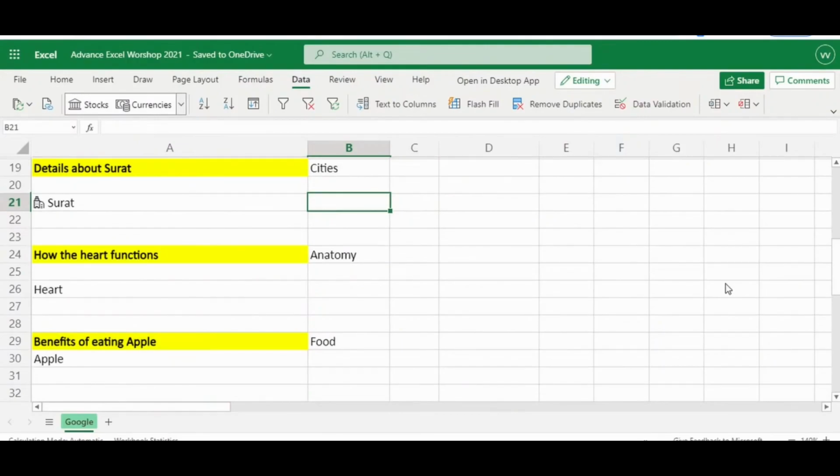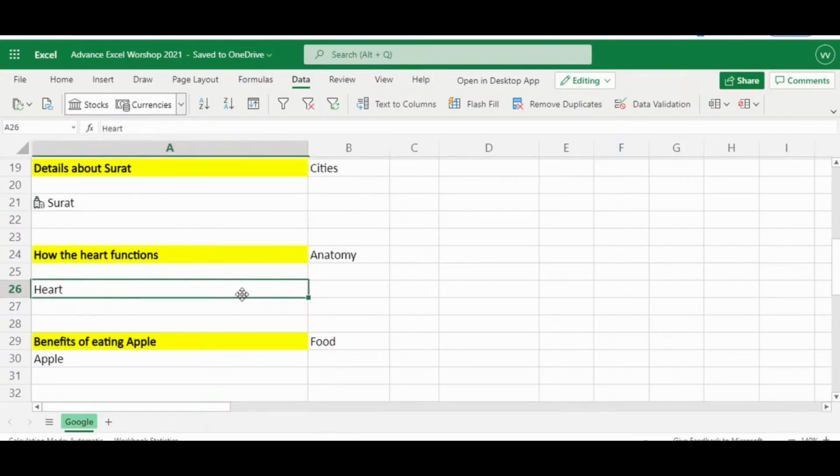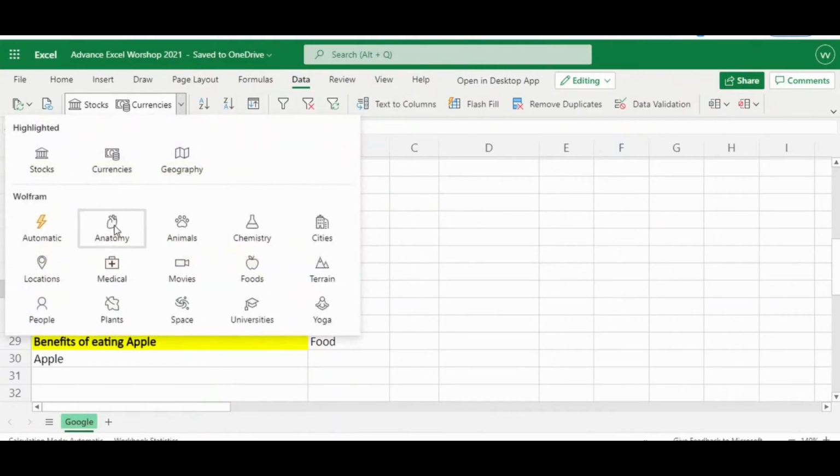If you want to buy it online, it allows 4 to 5 users to use it together. So if you are having a group of 4 to 5 people, you can divide the total amount and use it. Because overall, Microsoft 365 has so many good functions that you cannot even think of. Okay, so here look at heart functions, how the heart functions, even that you can know. What else do you need?